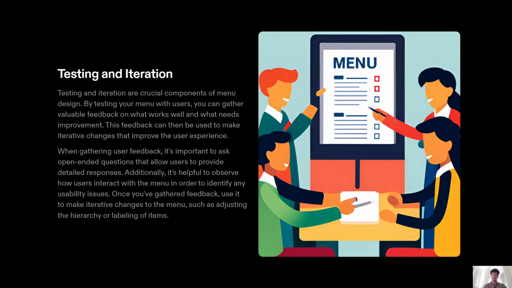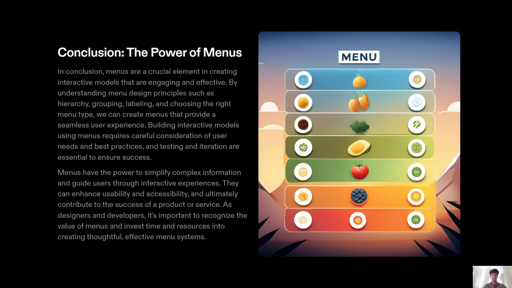Once you have gathered feedback, use it to make iterative changes to the menu, such as adjusting the hierarchy or labeling of items. Conclusion. The power of menus. In conclusion, menus are a crucial element in creating interactive models that are engaging and effective. By understanding menu design principles such as hierarchy, grouping, labeling, and choosing the right menu type, we can create menus that provide a seamless user experience. Building interactive models using menus requires careful consideration of users' needs and best practices, and testing and iteration are essential to ensure